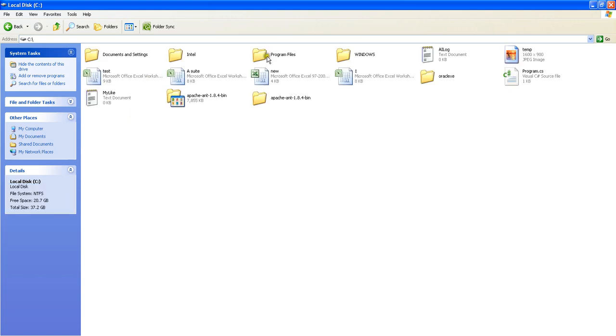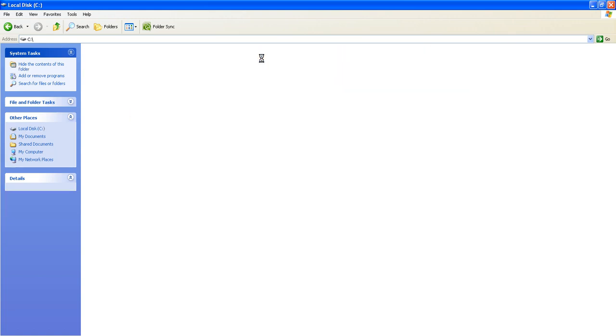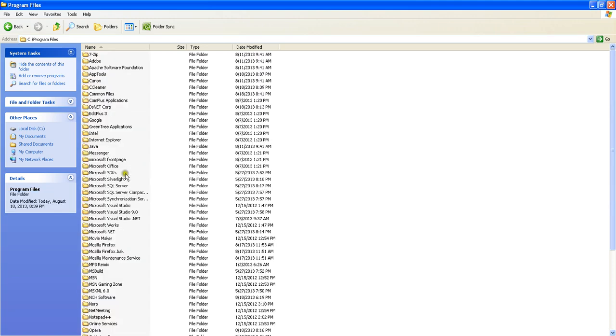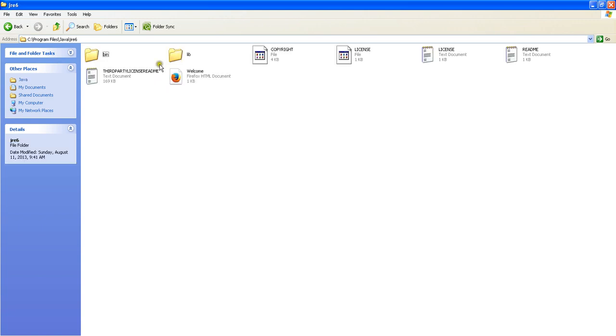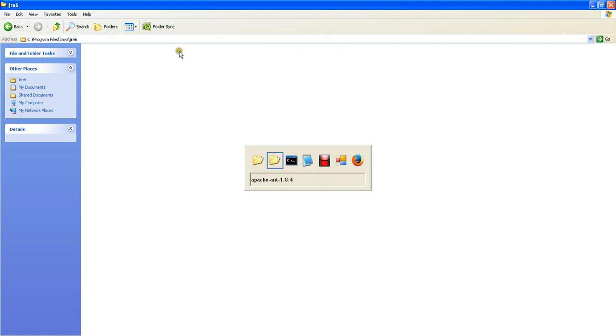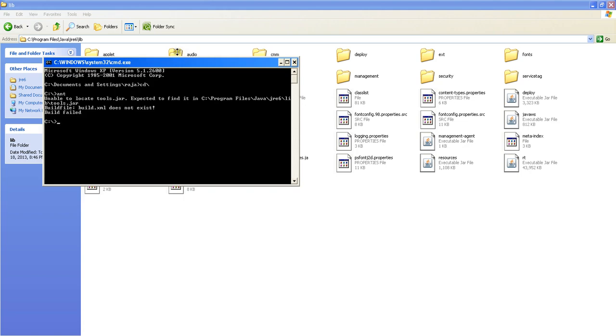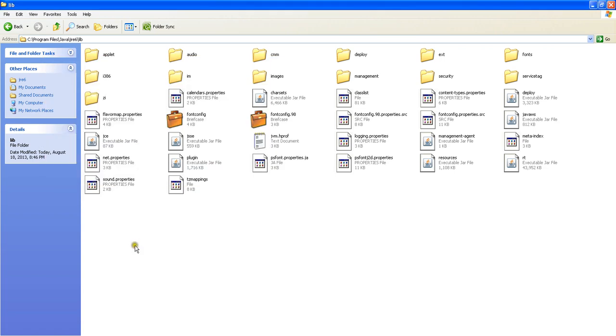In my system, my Java runtime environment is in C program files Java and JRE. In JRE we have the lib folder. See, if we see this, yes, this is the lib folder. So it is expecting a jar file called tools.jar in this folder,